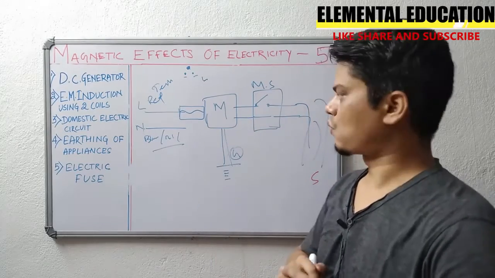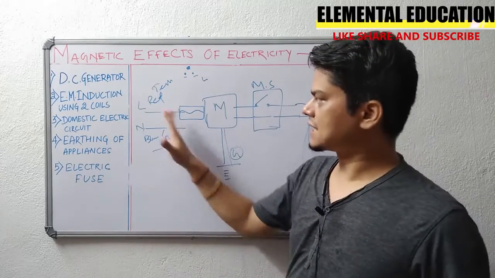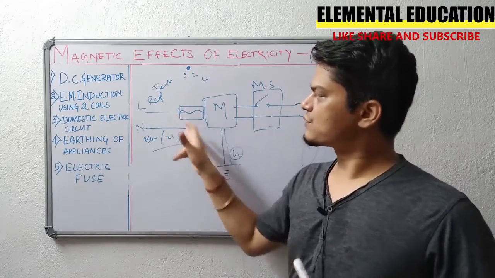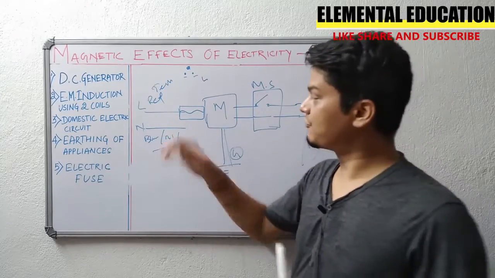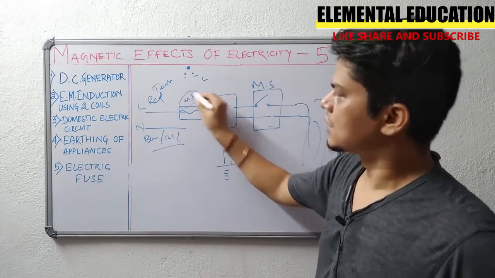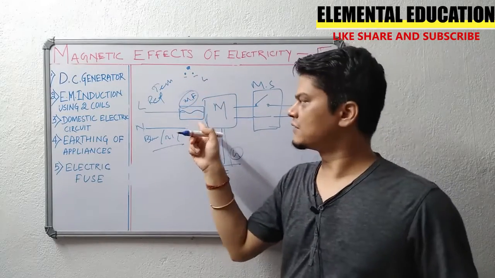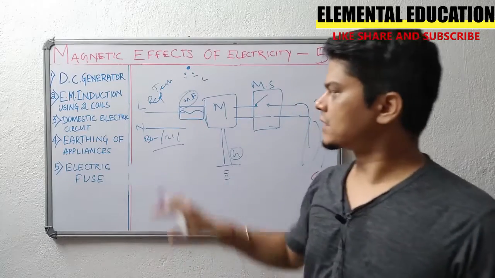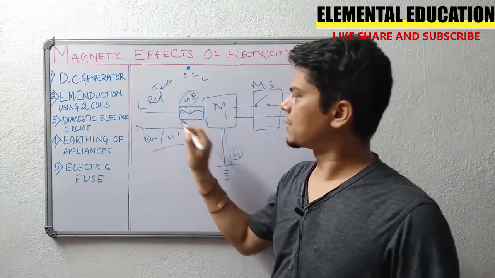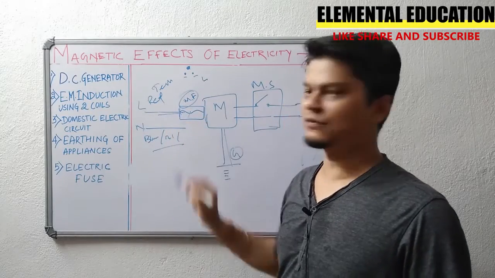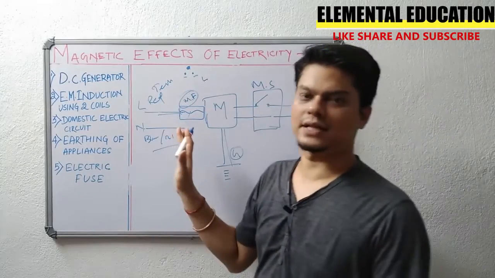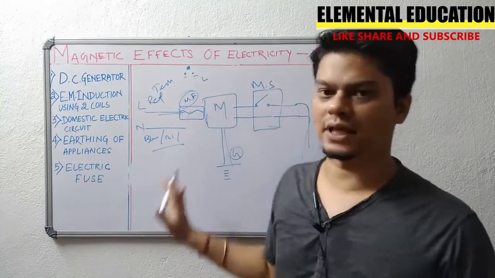So guys, how does this happen? When we are getting a connection, right, there is a main switch, or sorry, there is a main fuse. This is the main fuse. What is the work of the main fuse? Suppose there is an overloading condition or short circuiting condition, this main fuse will blow up, so we are not getting any higher voltage supply. So our house is protected. The electrical appliances are protected in our house.